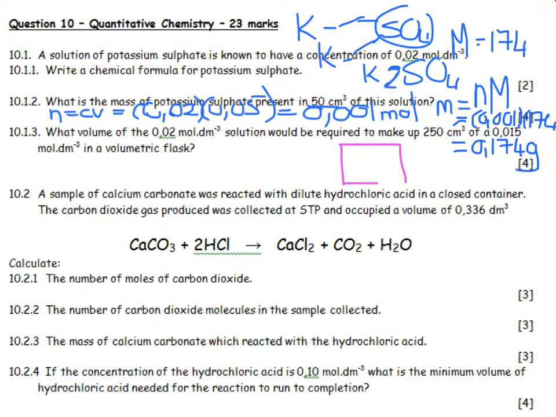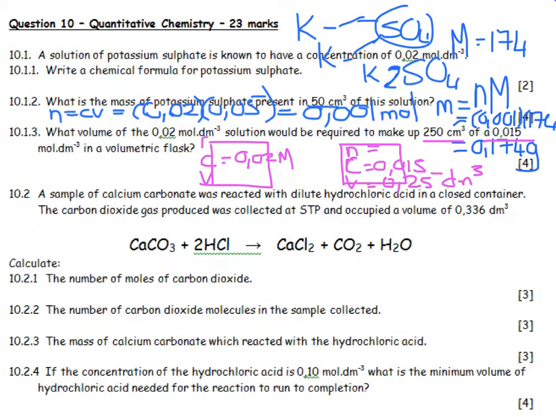What volume of the one solution would be required to make up a slightly different solution? You'll remember I like to put it into little boxes, and we go. The number of moles is what we're interested in. I have got the concentration of one of the solutions, and I've got its volume, which I'm going to convert straight away into decimeters cubed. And I can work out the number of moles. I am asked for the volume here, I've got the concentration, and I will get the number of moles in a second. So first let's get this number of moles,